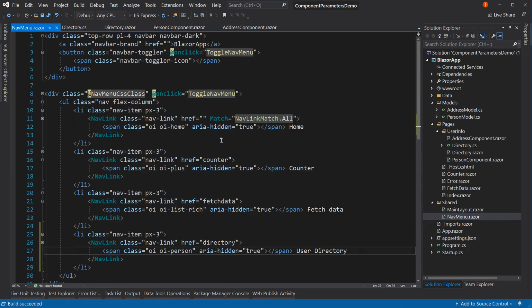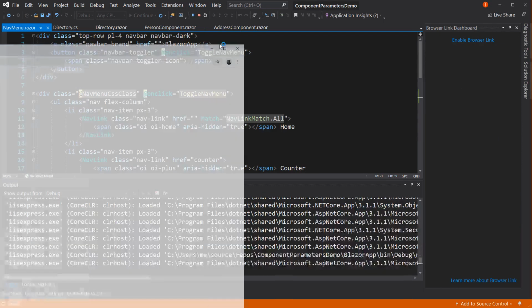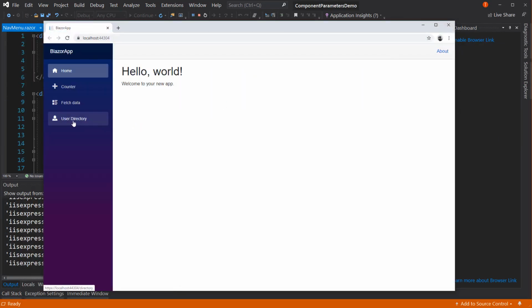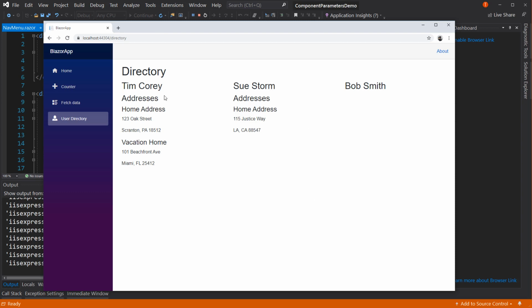Let's see what this looks like and see if all of our composition has worked the way we intended it to. User directory. So now we have a directory of 3 people. So Tim Corey, Sue Storm, and Bob Smith. 2 of them have addresses. One of them has a home address and a vacation home. One has just a home address, and one has